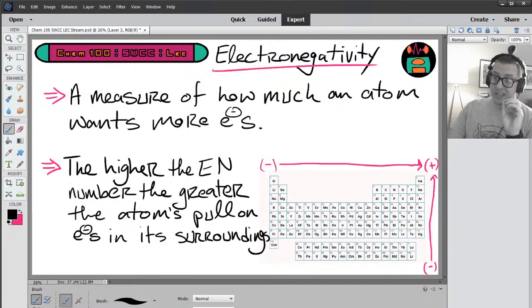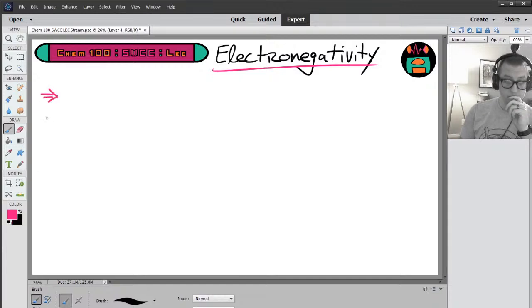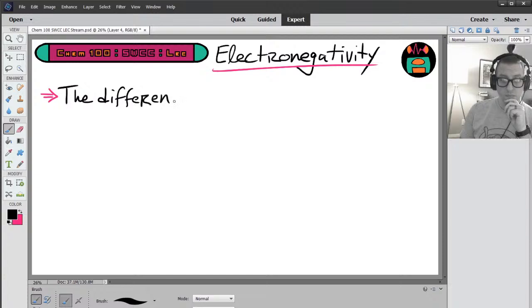All right, now, there are 3 different types of bonds that we're going to discuss in this class. There's 3 different kinds of bonds. And the type of bond is determined by the difference in electronegativity between the 2 atoms making the bond. So this is the key thing to remember going forward. The difference in electronegativity